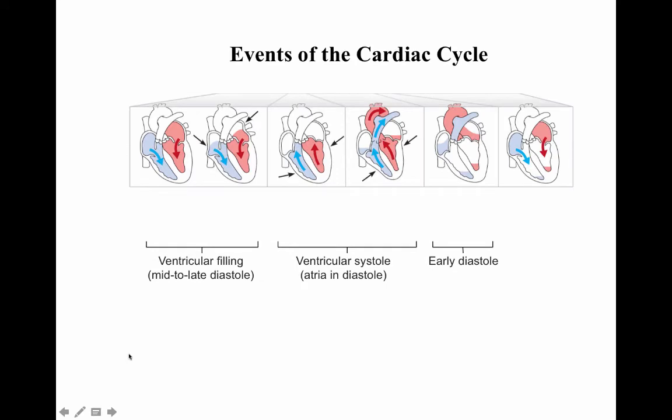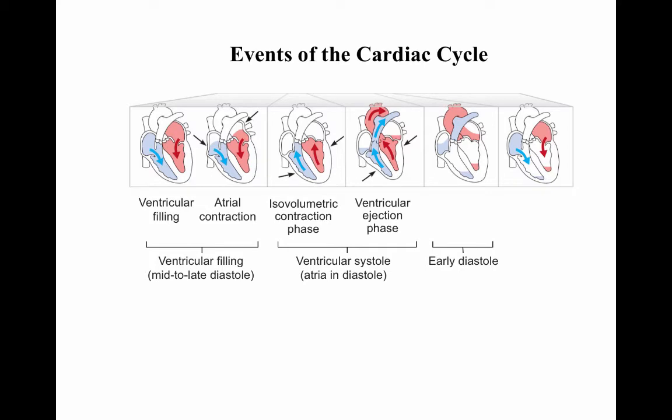So again, looking a little bit more in detail at the events of the cardiac cycle, we're going to see ventricular filling, atrial contraction during this mid to late ventricular diastole. We'll see an isovolumetric contraction phase and a ventricular ejection phase during ventricular systole, and then we'll see isovolumetric relaxation